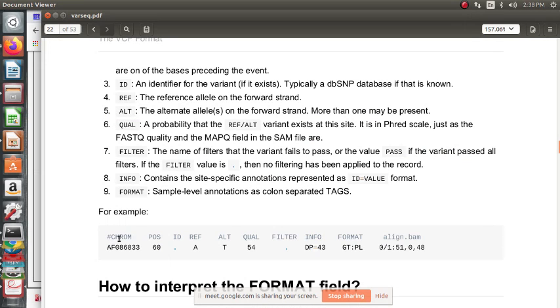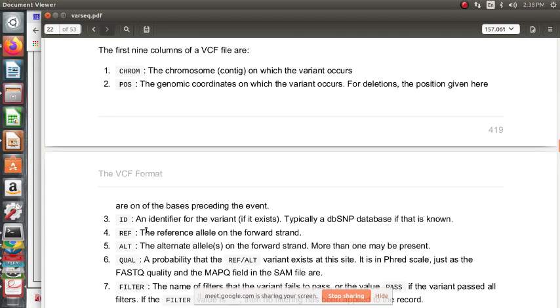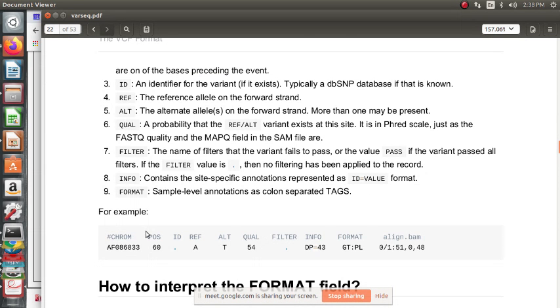Yes. So let's see the example here, remembering that number 1 and number 2 are CHROM and POS: the chromosome contig on which the variant occurs, and the genomic coordinate at which the variant occurs. So here we have CHROM, POS, ID.